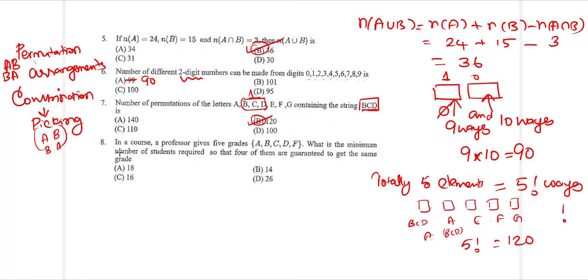Next, if in a course a professor gives 5 grades A, B, C, D and not E, it is going to be F for fail. What is the minimum number of students required so that 4 of them are guaranteed to get the same grade? Okay, so this is going to be the pigeonhole principle. We know that by the pigeonhole principle,